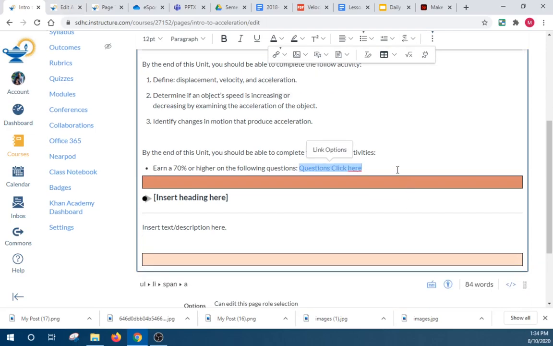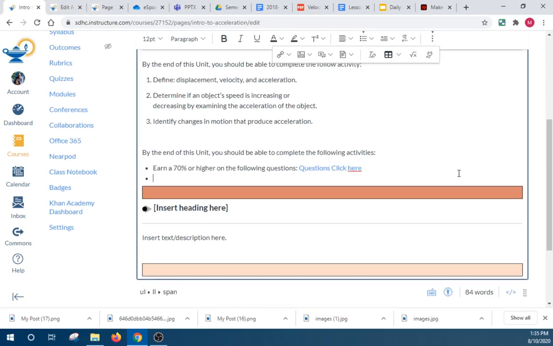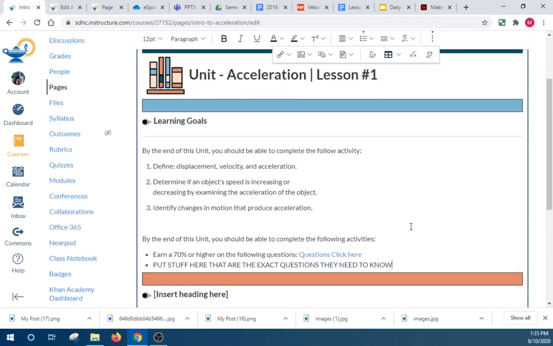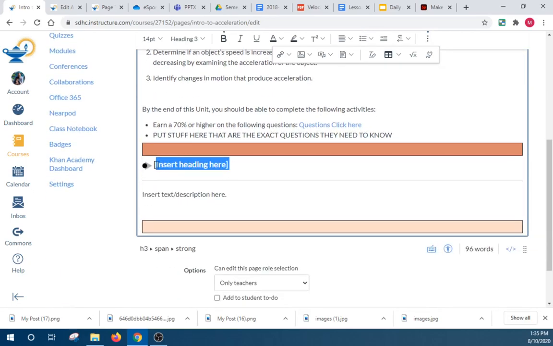Anyways, I like to put in the beginning, put stuff here that are the exact questions they need to know. This is super, super important. Guys, we are online. The students need to know what they need to know, okay? So we're engaging them, showing them the learning goals, right? And then from here, you can put